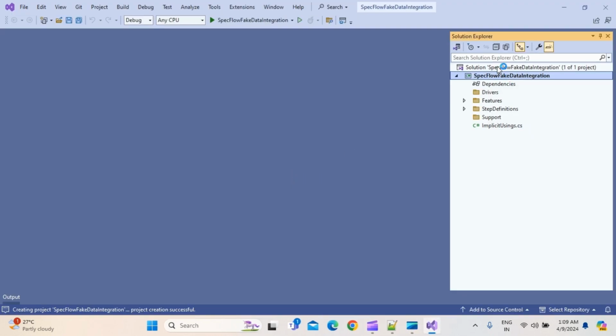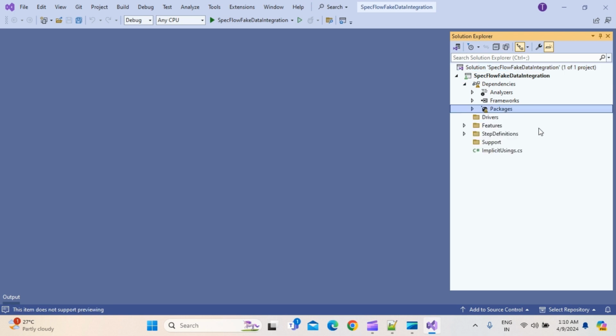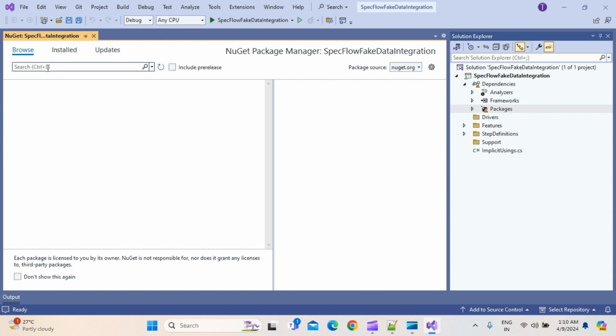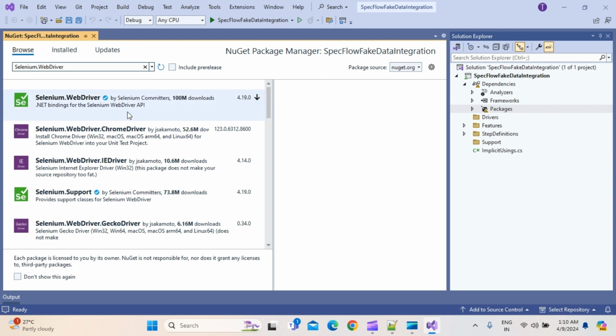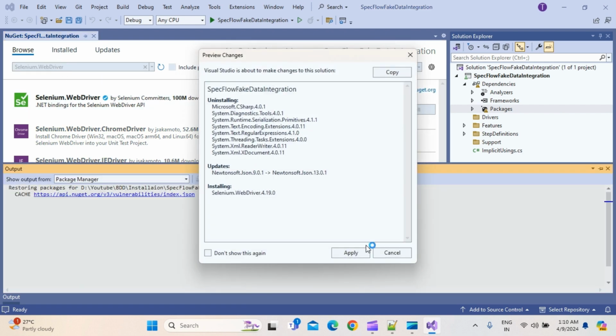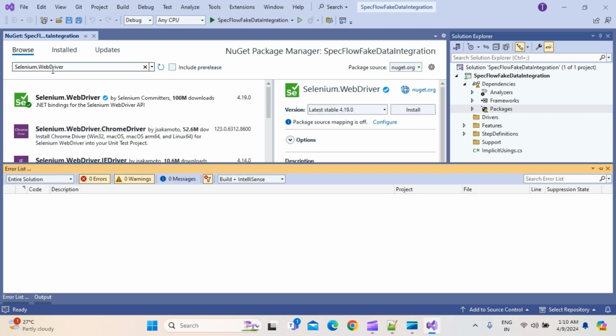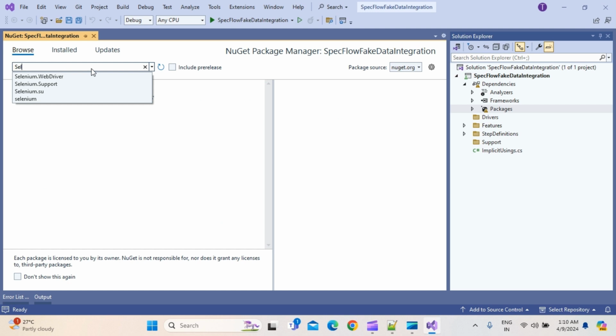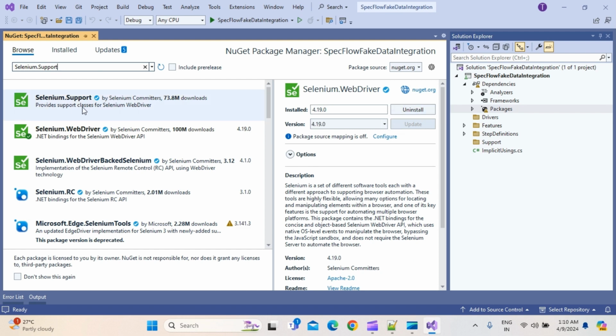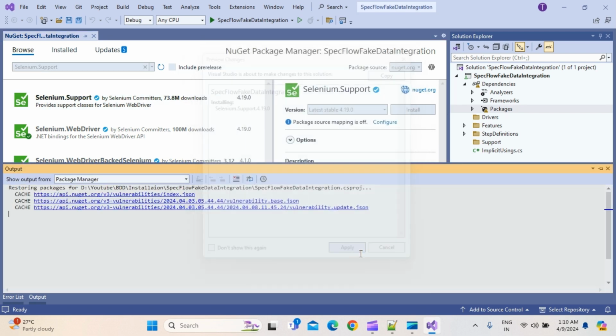Okay, so the solution has been created, and then I will build it just to make sure that the build is happening properly, right? And then we will install all the libraries which are required. So I will go to packages, manage NuGet packages, and as usual we will install Selenium WebDriver. We'll select it and install it. Then we will have Selenium support, and I will install Selenium support, apply,